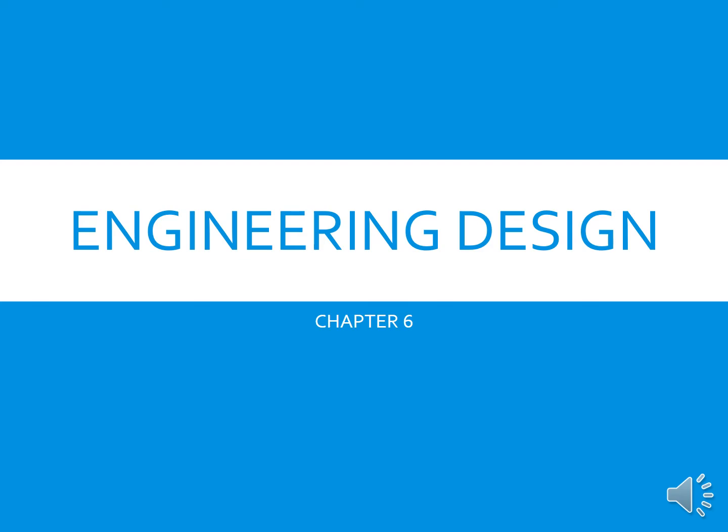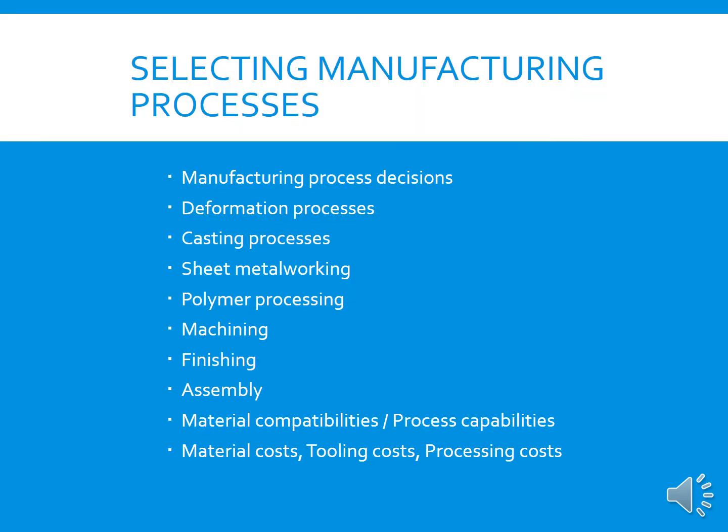Okay, well, next we continue our lecture about engineering design, chapter 6. Chapter 6 talks about selecting the manufacturing process. Here, the first subchapter for this topic is about the manufacturing process decision, deformation